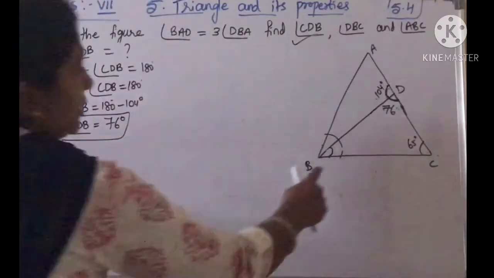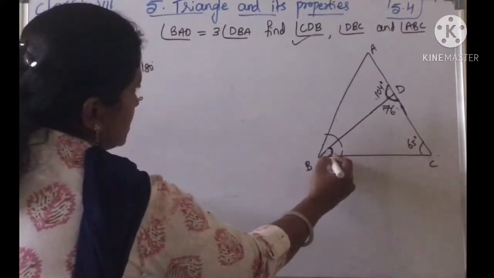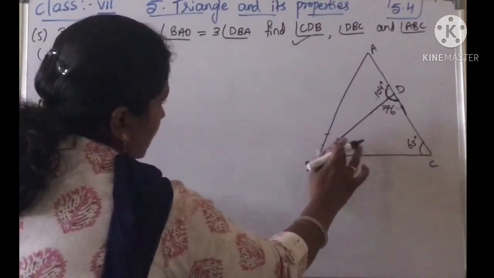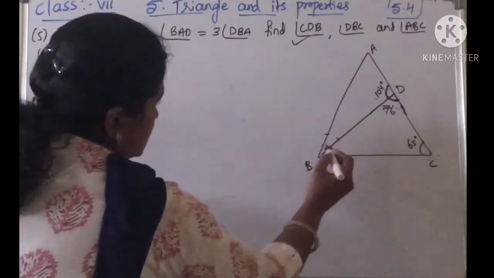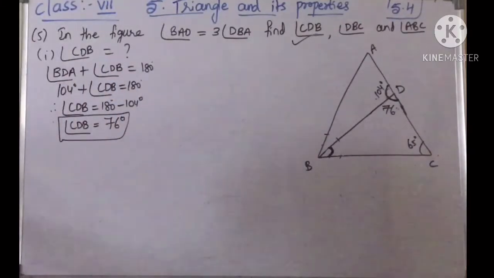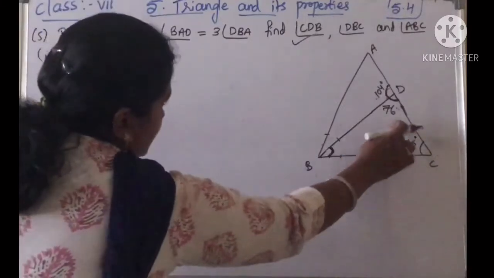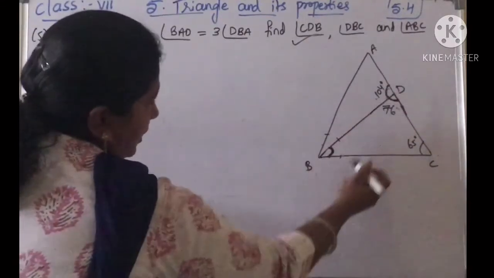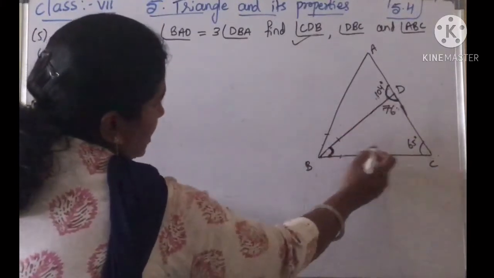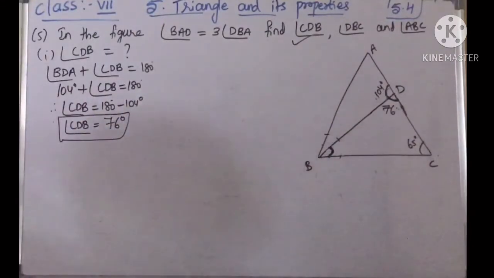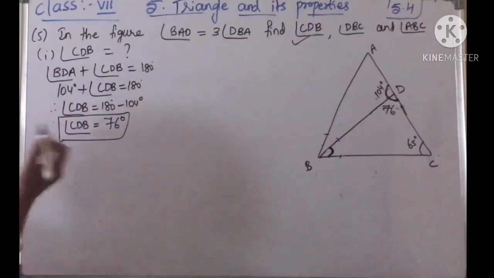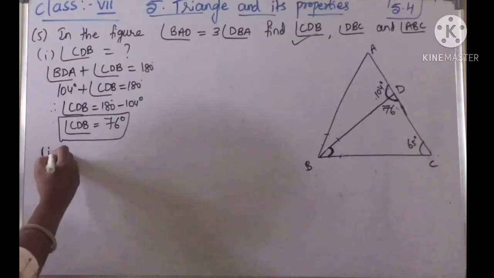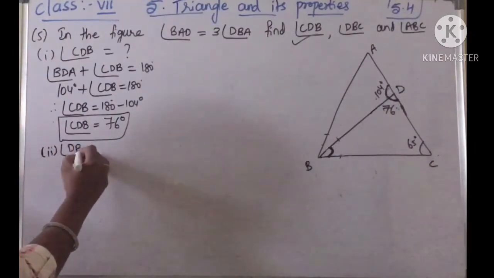Now we will find this B. What is this B here? DBC. Only this one, not the full one. We will find only this. Now you can take either the angle sum property, or you can take exterior angle property. Here 104 degrees is equal to x plus 65. That also you can take. So here I am taking exterior angle property. In which triangle? Triangle, the second one, we are finding DBC.